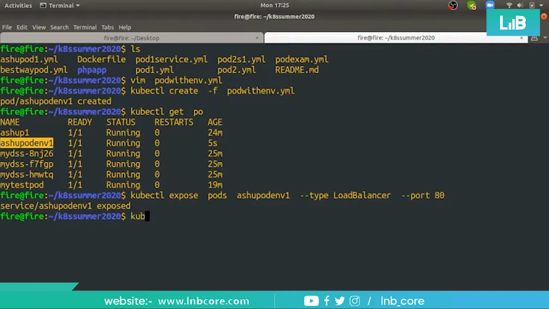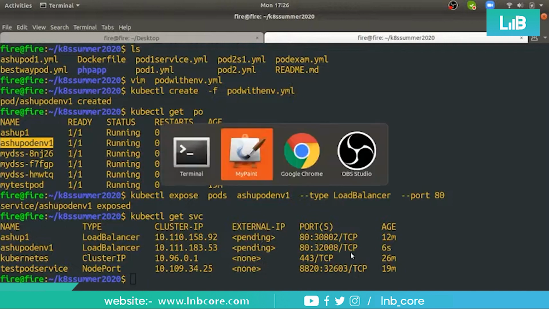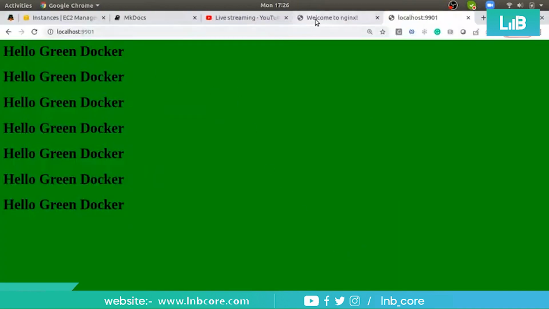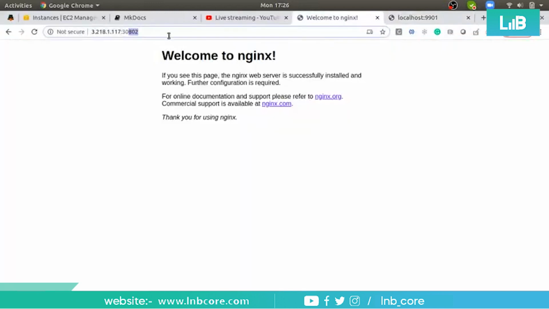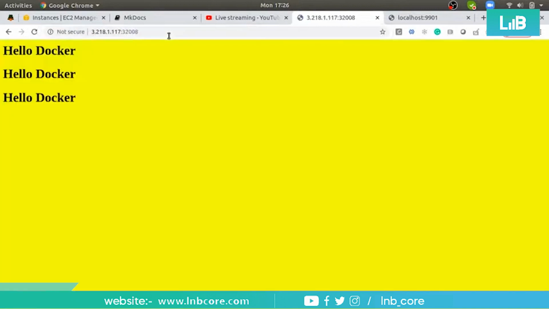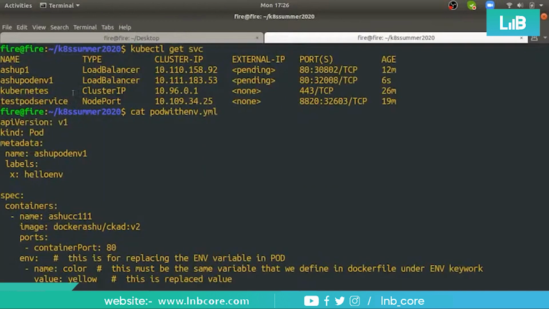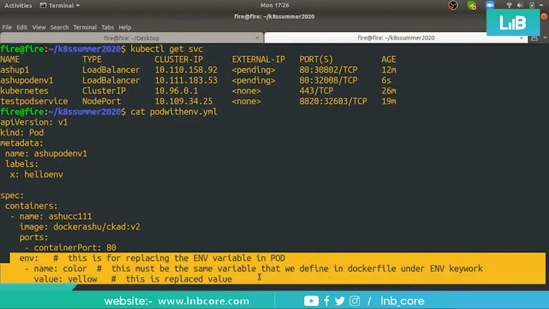Fine. So kubectl get svc, and 32008. Yes, very much. Okay. Alright guys, are you understanding this env section?